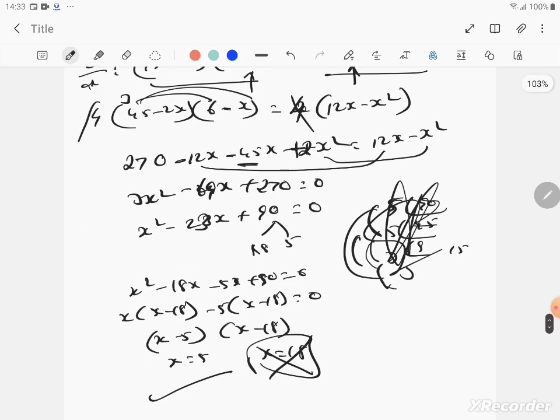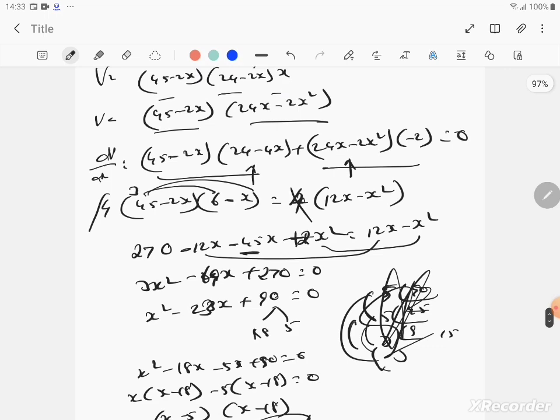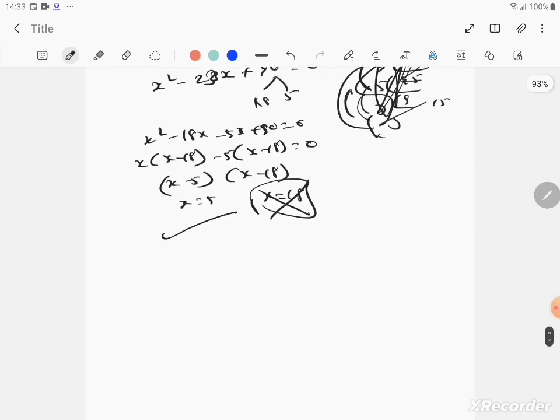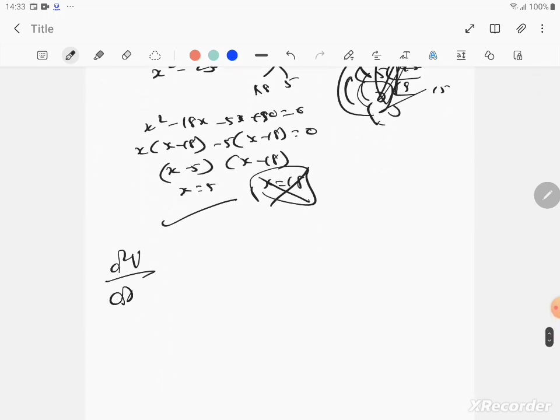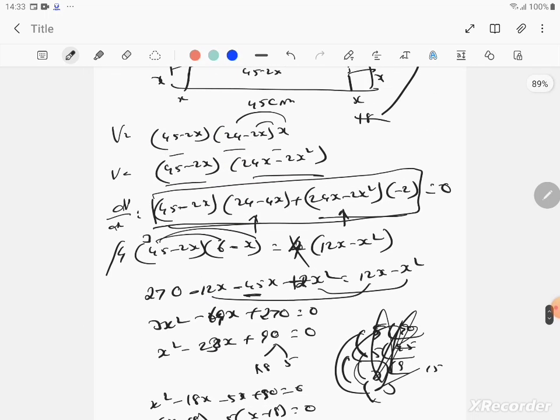To check whether it's maxima, you have to do double differentiation. Where is the differentiated value? This one is the differentiated value. Take that and double differentiate it once again. You do d square v by dx square. So when you do that, you see,